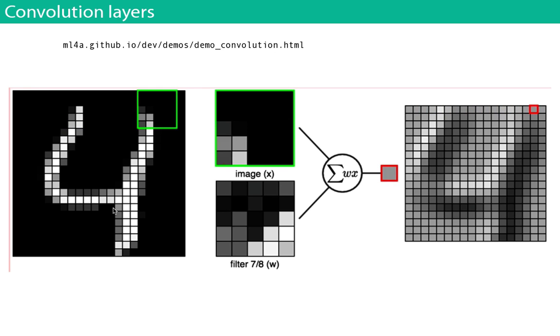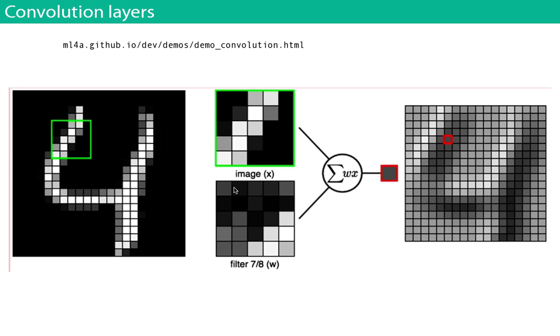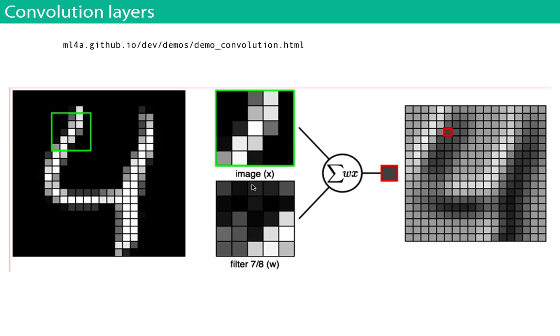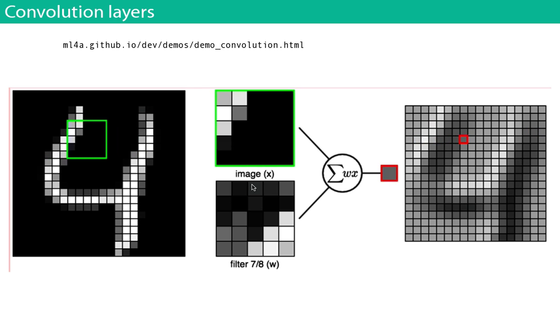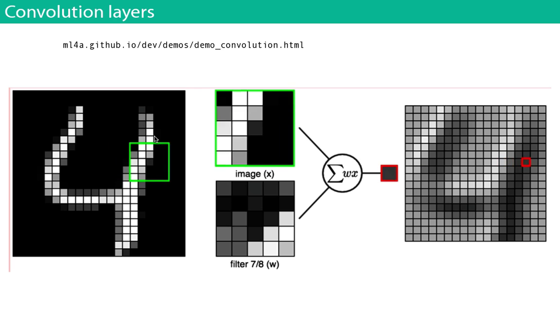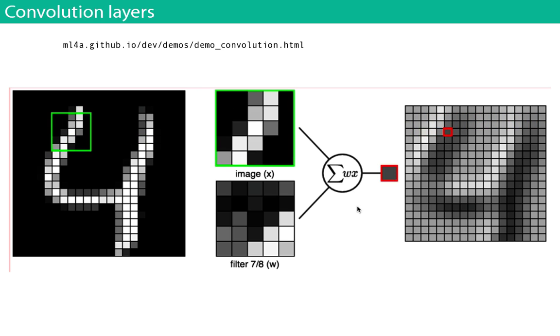And the way it works is that we slide this filter across the image at every point of it. Then we do a dot product between them. So that's this pixel times this pixel plus this pixel times this pixel plus this pixel times this pixel, exactly the same way we did it before, just in a smaller patch of the image. The intuition is that whenever the patch of the image we take is sympathetic to this particular filter, this sum will be high. Again, it'll be high pixels times high pixels plus low pixels times low pixels.